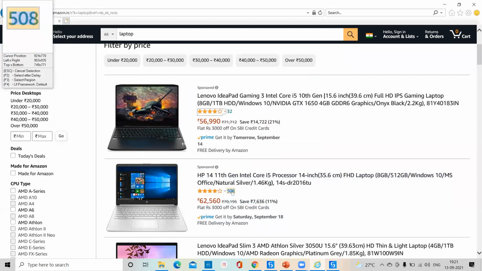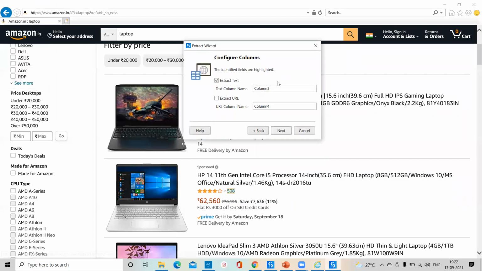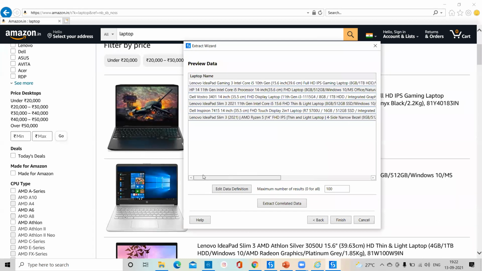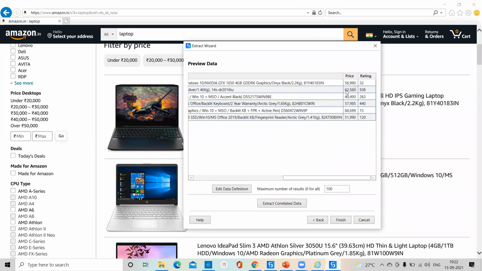Again, we'll go for this rating part, that is 508, and here we'll provide the name as a column, that is called rating, and go for next. So again we are getting the proper rating. So rating, if you ask me, highest rating 508, that is the HP. Okay, so this is the rating, and cost is